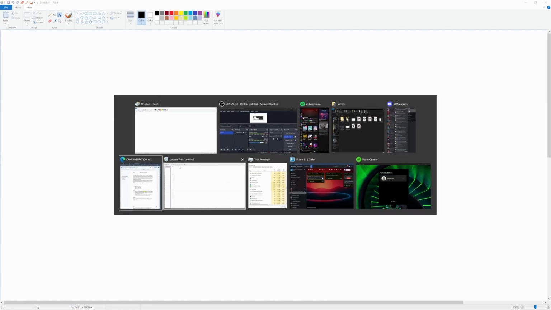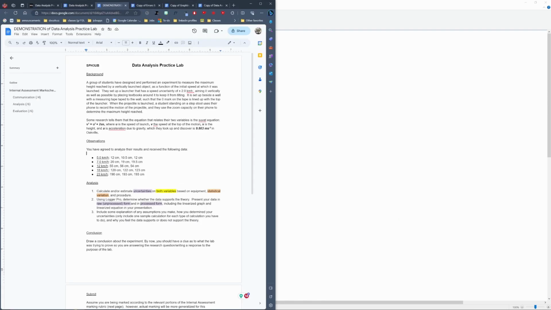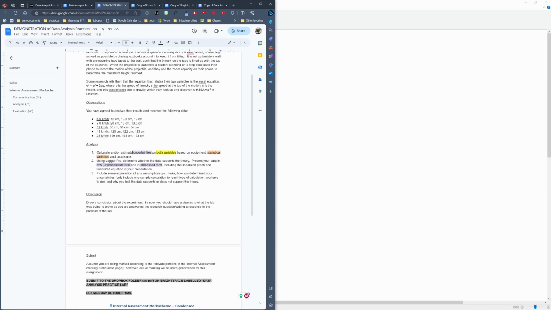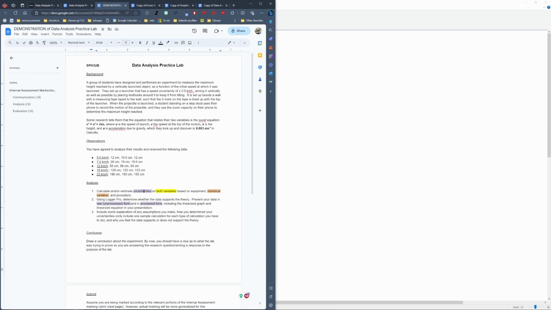So if we get started looking at just the uncompleted version, which I haven't touched, I've just highlighted a couple things. We need to figure out what she actually wants for the assignment, which is something we've all been struggling with. Here with the analysis, this purple stuff is what actually goes on the graph. So we need uncertainties on our points in both directions. We need raw data, which is just going to be